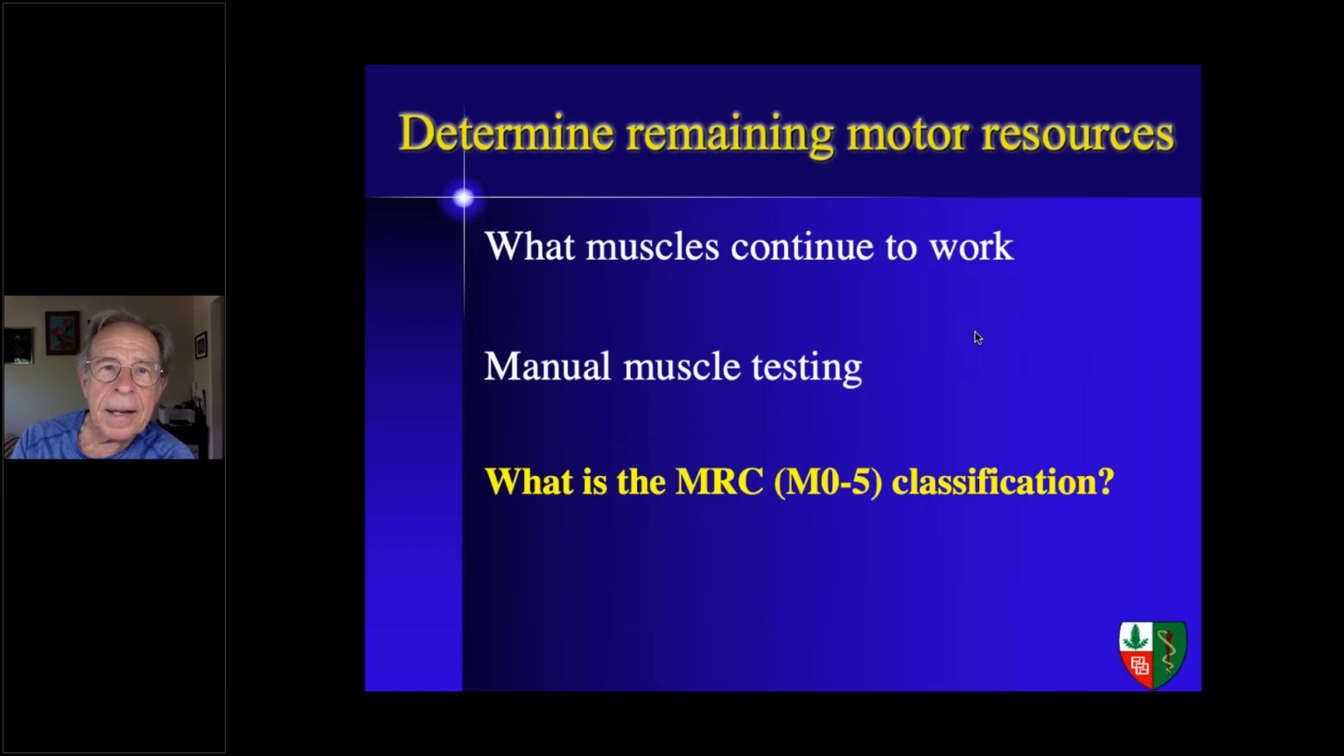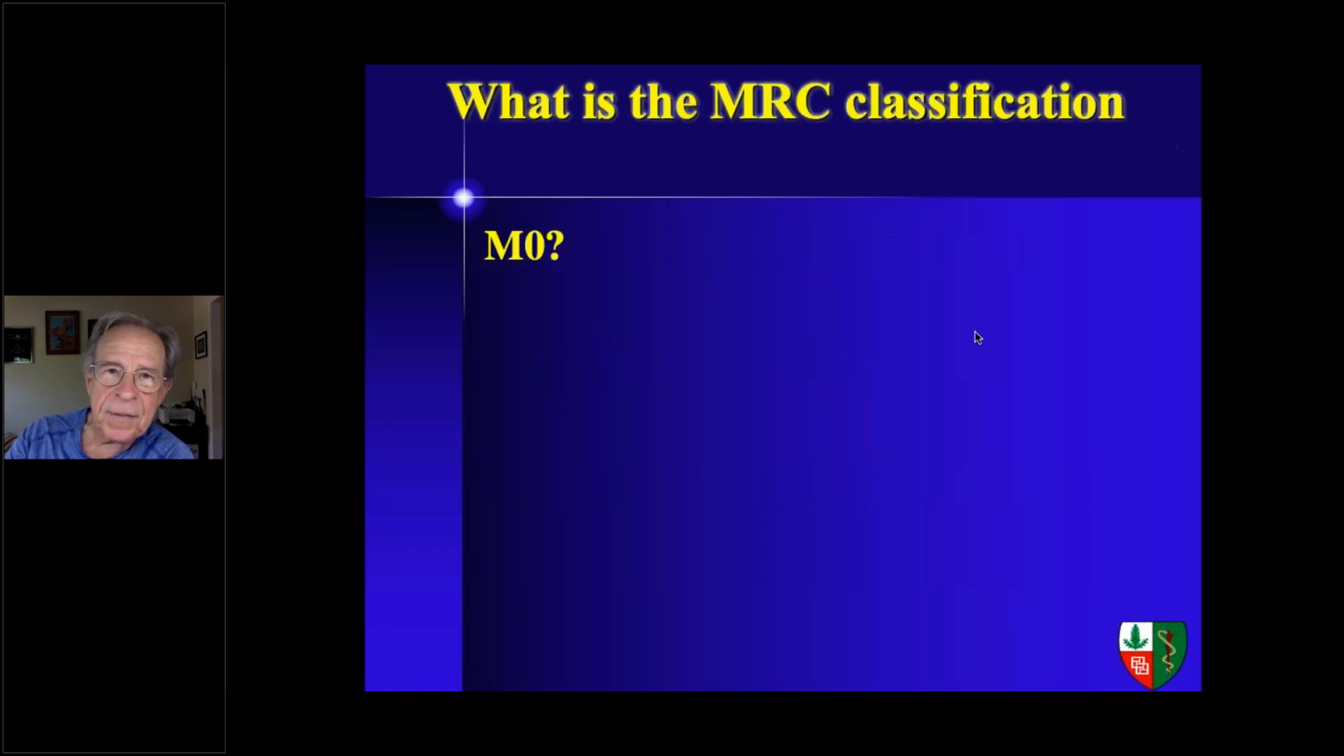So some additional knowledge that you mentioned, what muscles continue to work, what are expendable? And we categorize this, we test this by doing manual muscle testing generally. We can do sophisticated nerve conduction and physiologic studies, but generally we fall back on manual muscle testing and using the British Medical Research Council, the M0 to 5 classification, where M0 is no movement, M1 is a flicker of movement,